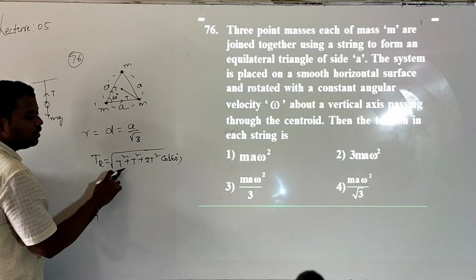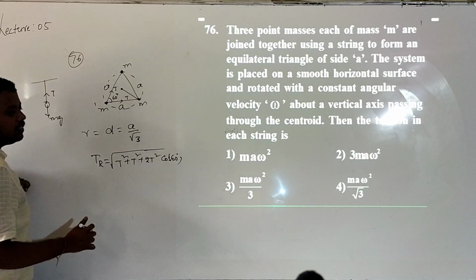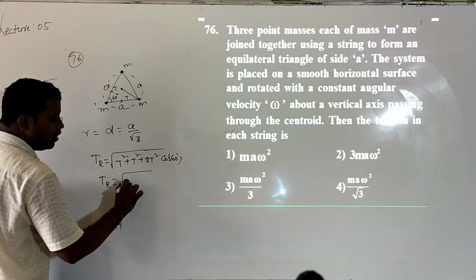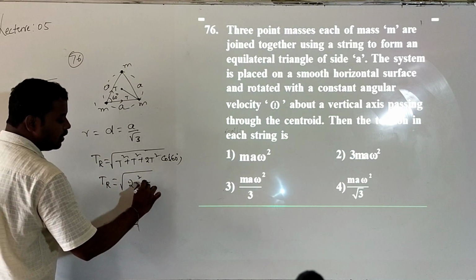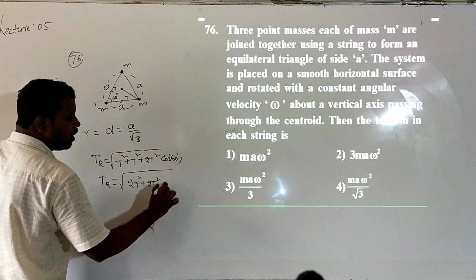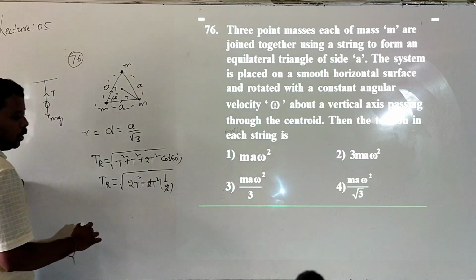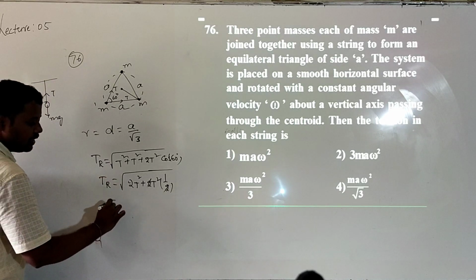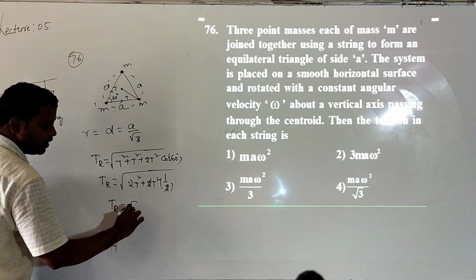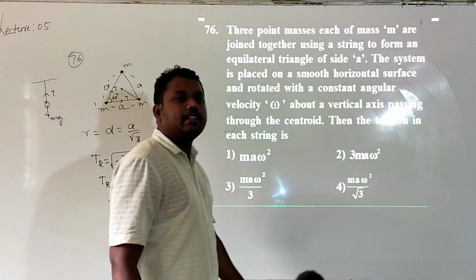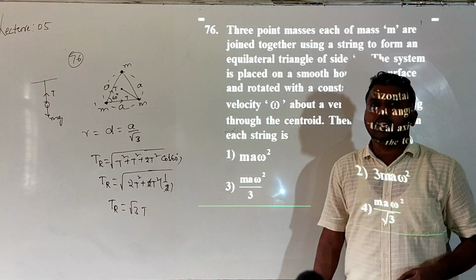So the resultant tension value is T square plus T square plus 2T square into cos 60. After simplification, the 2T square into cos 60 value, cos 60 being 1 by 2, gives 2T square plus T square. So what is the answer for TR? TR value is equal to root 3 into T. What is this TR? A resultant tension acting on any one particle.